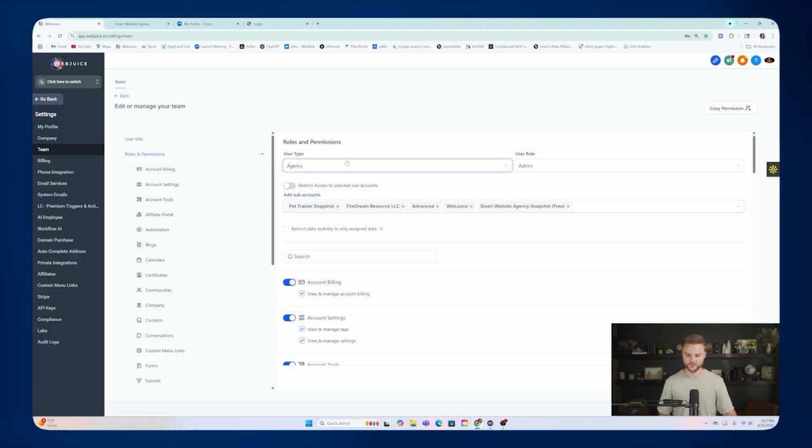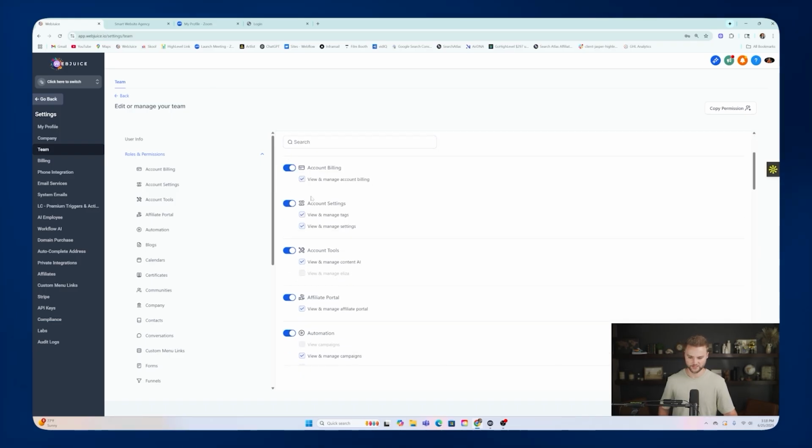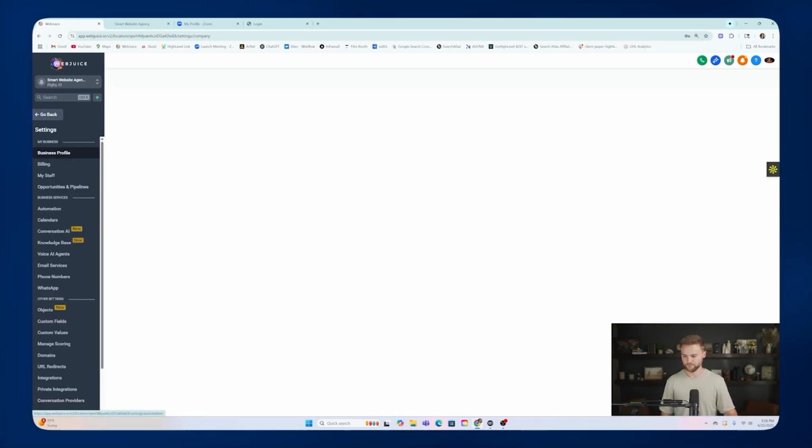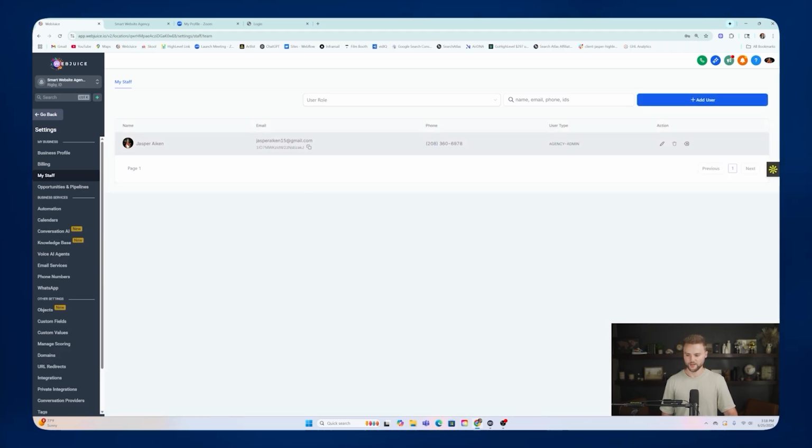You'll want to make sure you're an agency admin, and then don't restrict yourself any access. Make sure you have access to all the features, and then click save. And now if I go back to my sub account, and you'll go back to your sub account, and then you go under settings, and then you'll go under my staff. Now you should show up as a user in that sub account, which you're going to be the owner of it. You're going to be the agency owner, but just need to make sure you're here inside of the sub